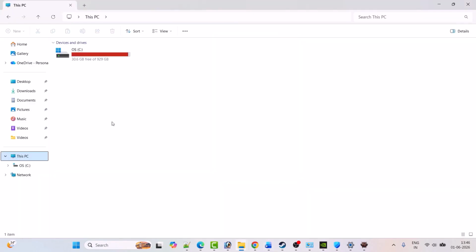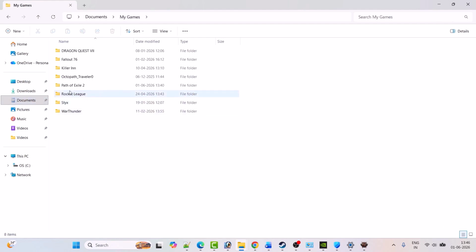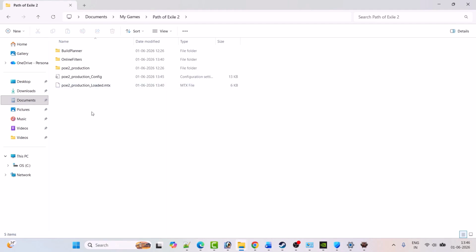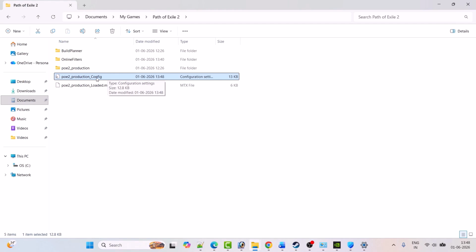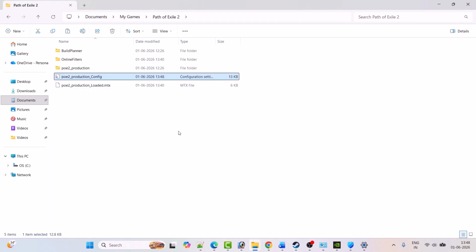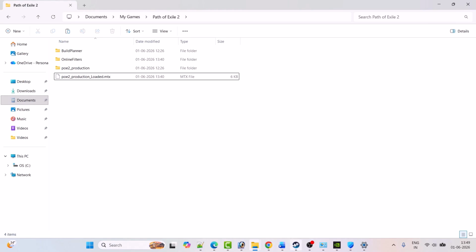Open File Explorer. On the left, click on Documents, then click on My Games, and here you will see Path of Exile 2 folder. Open it, and here you will see Path of Exile production_config. Now right click on this config file. First copy it, then go to the desktop and paste it to keep the backup of this file, and then right click on it and select delete to delete it, and then you can go ahead, launch the game